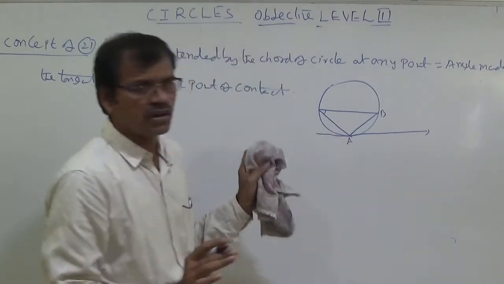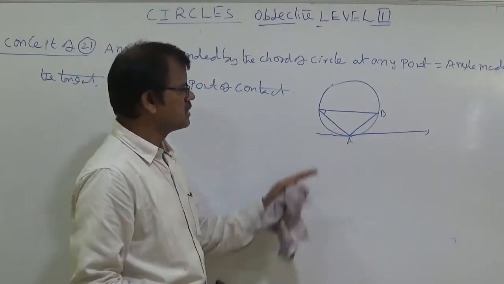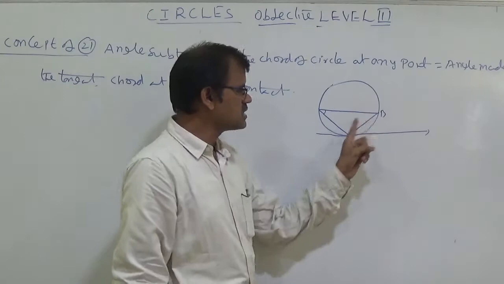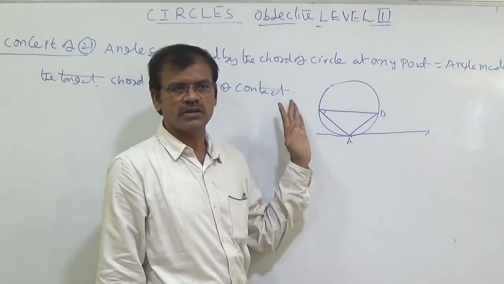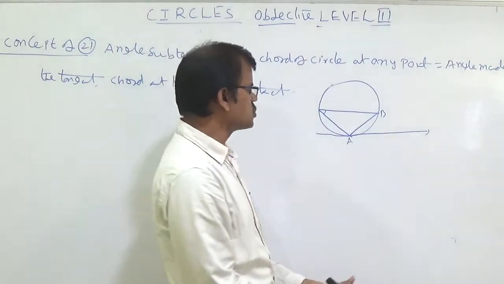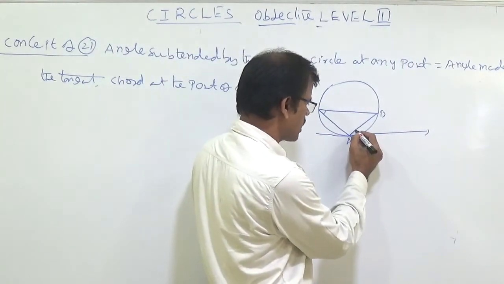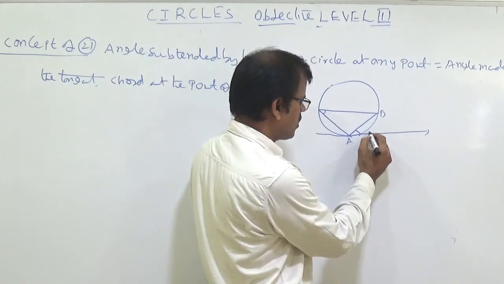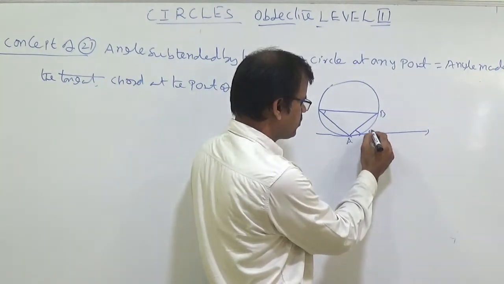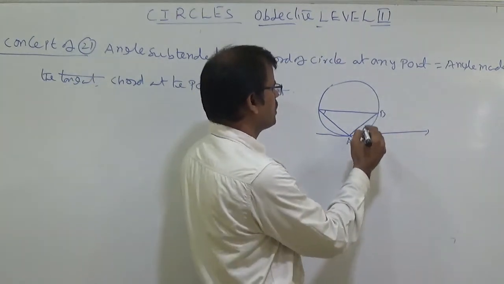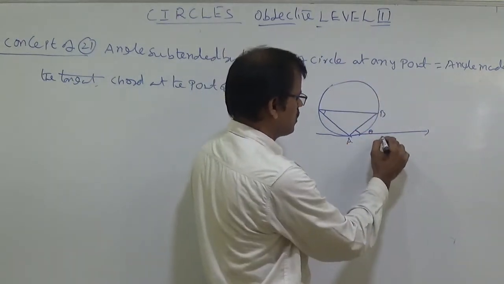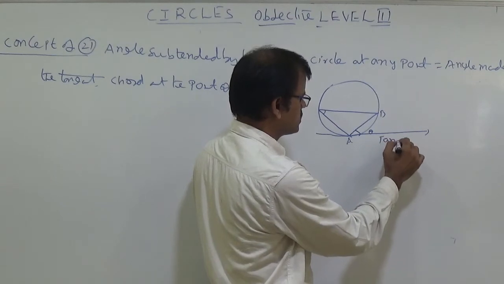Don't put the name theta or alpha or anything, simple. This angle is making an angle, whether it is alpha, theta or beta or anything. This angle should equal this angle, wherever the chord and point of contact. This is theta. Now, how is it possible? I am discussing with you as this is a tangent.